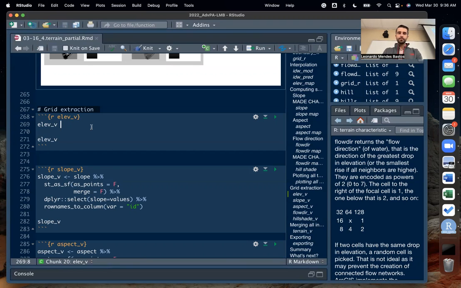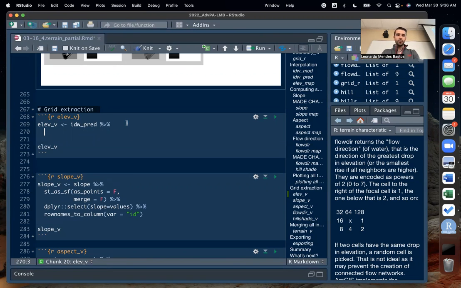To do that, beginning with the elevation one, you can come here, where we have the elevation values in an object called IDW_pred. You can add a pipe at the end and hit return. Because we're not changing the size of the cell, we're just saying those cells that were 10 by 10 as raster, I want to keep them 10 by 10 as vector as well. So we're really just going to transform this stars object that has elevation to a vector object. To do that, we use the function